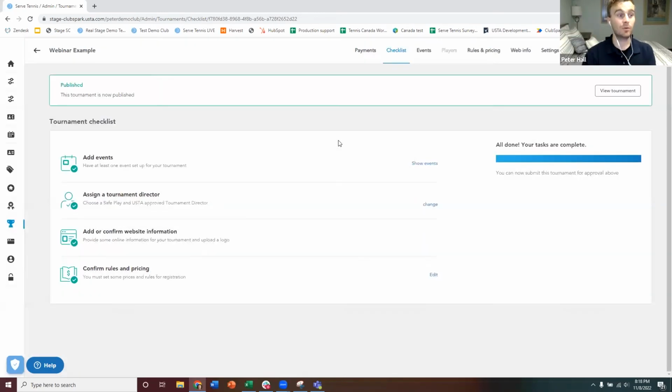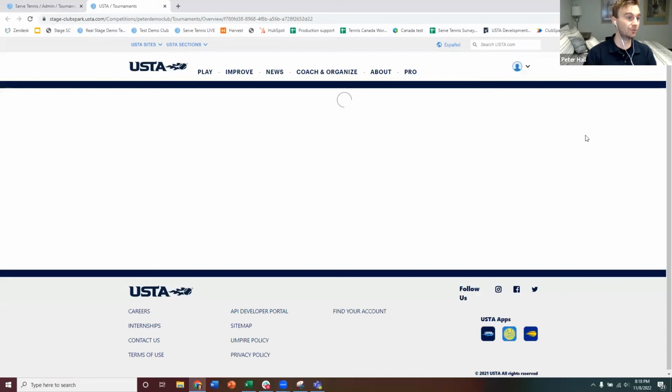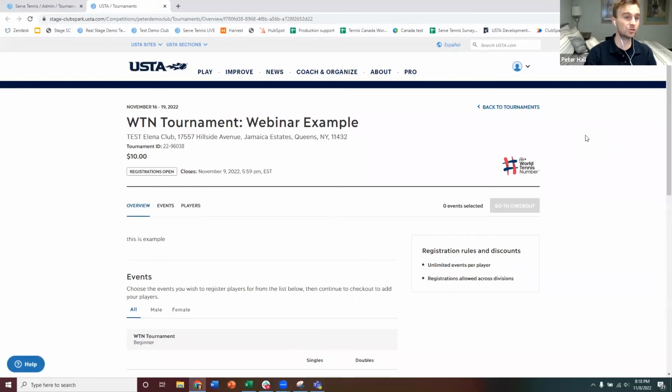So in this example, I've set it up for auto approval, so I can take you right into the tournament now and show you what the players would see on the public side of things. So I'm going to hit view tournament. Okay, now it's key to note as well that players can find this tournament through the national tournament search, or